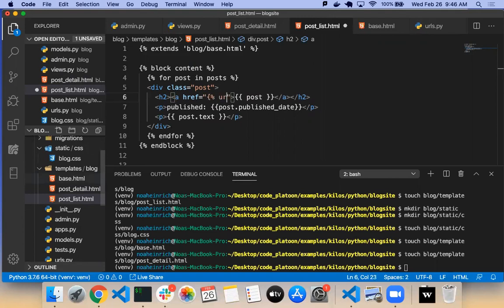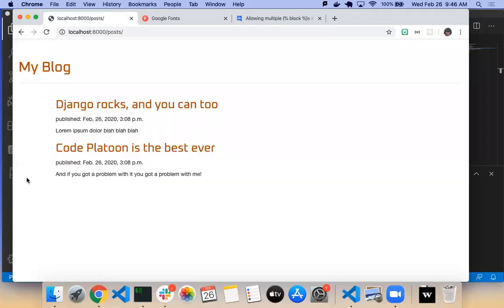So we start by saying URL, then post detail, and then we want to give it a particular post. We're going to say post ID is going to equal post.id. So now here, cool, right? Very cool.